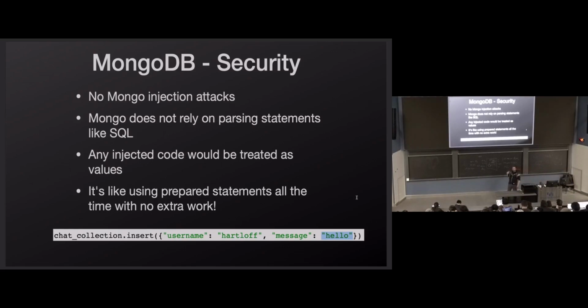There are some exceptions to this. The fact that MongoDB doesn't have SQL means it doesn't have any injection attacks. There are some exceptions, though. They're rare and they get patched out fairly quickly. It's when a client library doesn't do what it's supposed to do, and the client library that you're using to connect to the server is interpreting what you give it as Mongo code, then you can get into some issues.